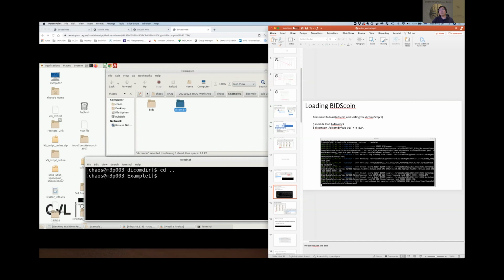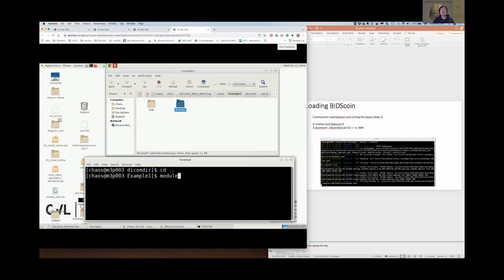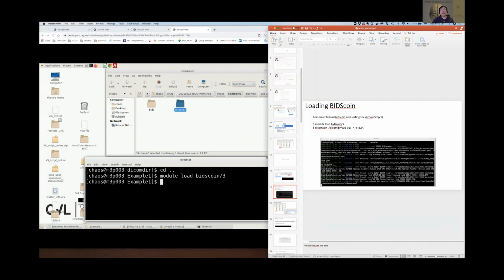The first step is DICOM sort. So module load BIDS. This is the first line, which just means I'm loading this software into my background. You can imagine all of the software is preloaded. It's like a bookshelf, and the terminal is your desktop. When you module load, you grab a book from the bookshelf onto your desktop. Now you're working on it, and you can module unload, put it back. So it's quite simple, and there's peace of mind, because if you reinstall a lot of software, it's going to be a headache.